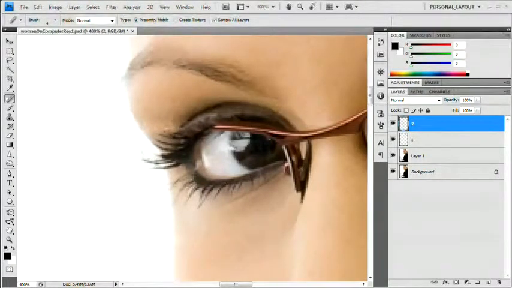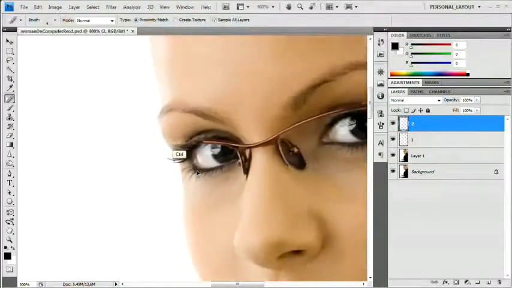And I'm going to set the spot healing brush to multiply here, and just bring it through here and work on that stuff like so. Set it back to normal and go over it a couple more times. Try to perfect. There's that one little spot that's bugging me, but I'm going to zoom out and you probably